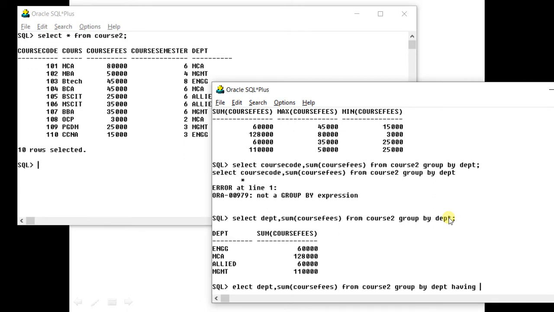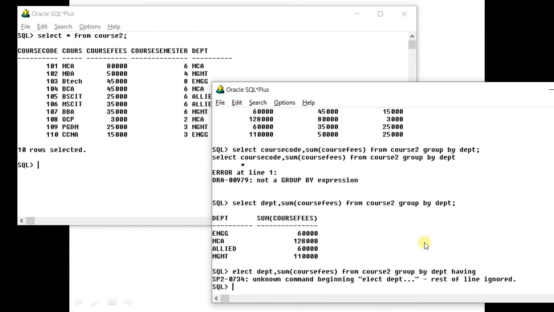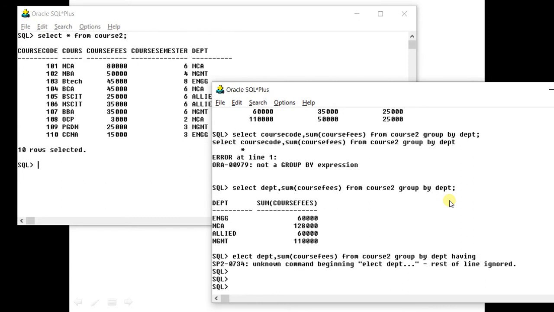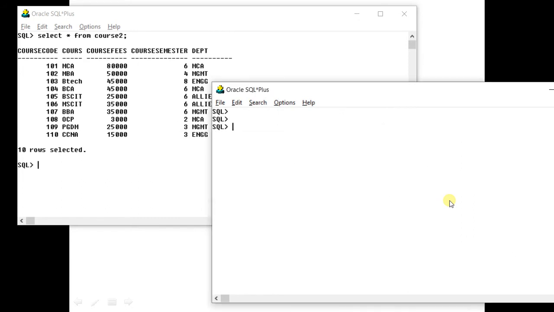Since you want to check the sum, you will type that thing again: having sum of course fees greater than 1 lakh. Now what will happen?